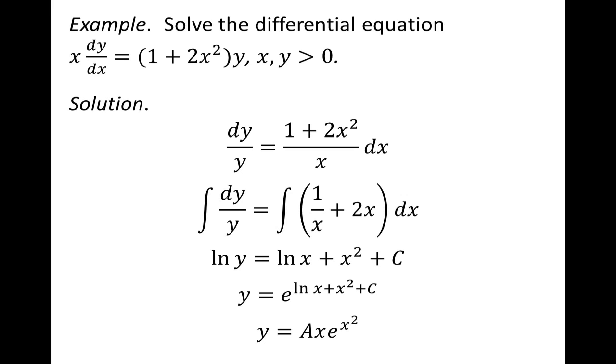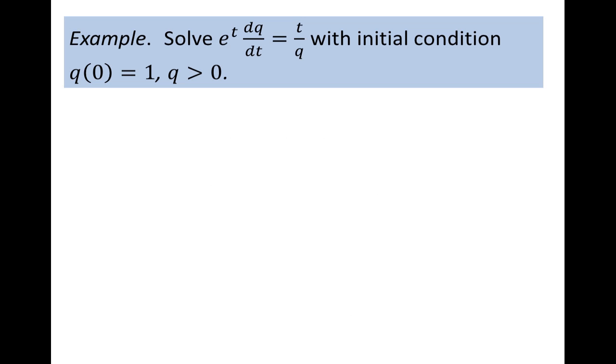And so the next example we'll look at will involve some initial conditions. So we want to solve this one, e to the t dq dt equals t over q, and we know that q of 0 is equal to 1, and again we're going to assume here that q is positive. We do the same thing we did before. We want to separate our variables, multiply both sides by q, we get q dq. Multiply or divide actually both sides by e to the t, which would become t over e to the t,